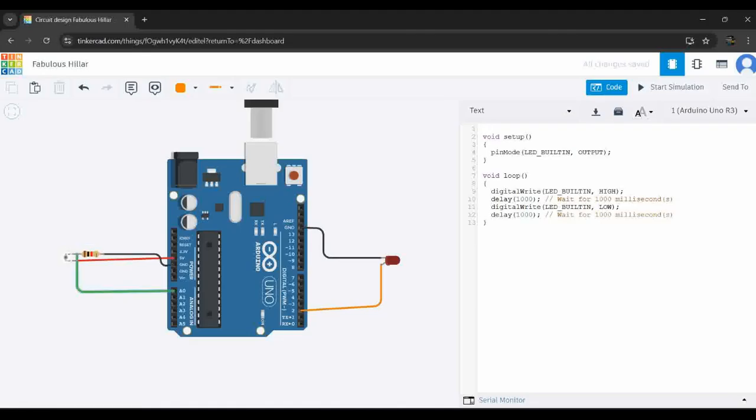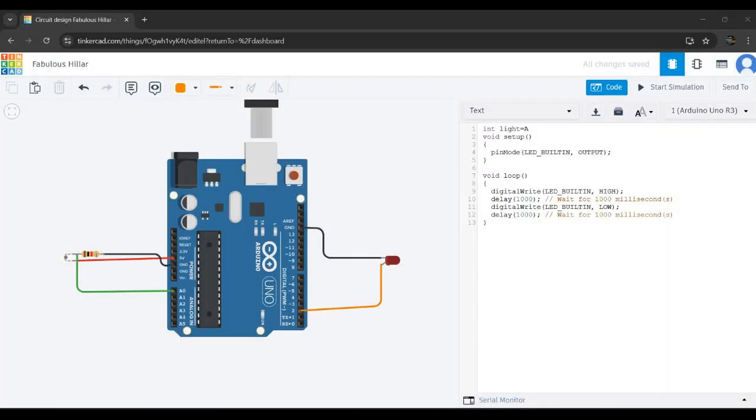Except 5 volt and ground, we are not supposed to consider those, so only 2 pins are utilized by these 2 components. One is A0 and another is pin number 2. I'll assign names to these pins. I'll take int as an integer, and write light, for the ambient light, and I'm going to connect that one to pin number